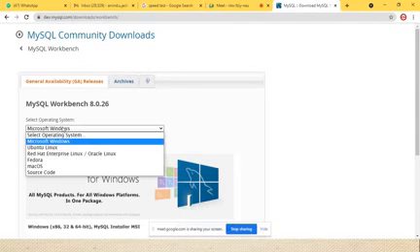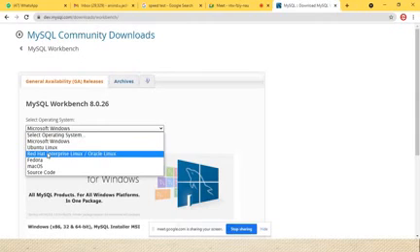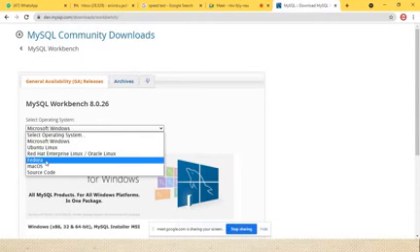So in that we'll select the operating system. According to the operating system, if you have Microsoft then we'll select Microsoft. If you have Fedora, Red Hat, or Ubuntu, select according to that. Why are 3 versions shown here? Did you know about that? Because Ubuntu is a different kind of version, Red Hat is a different kind of version, and Fedora is also a different kind of version.